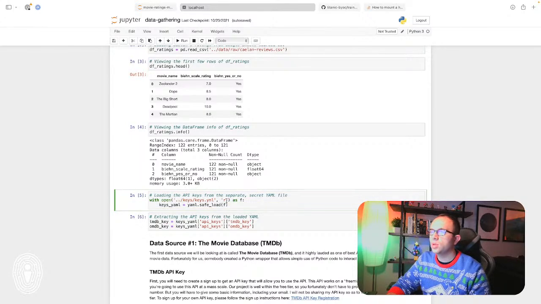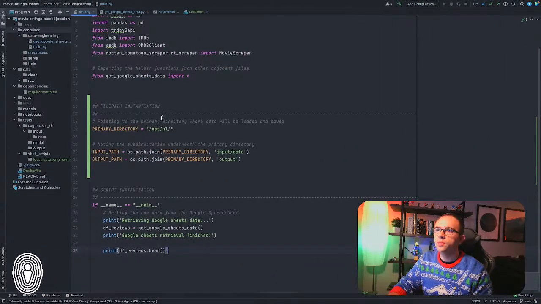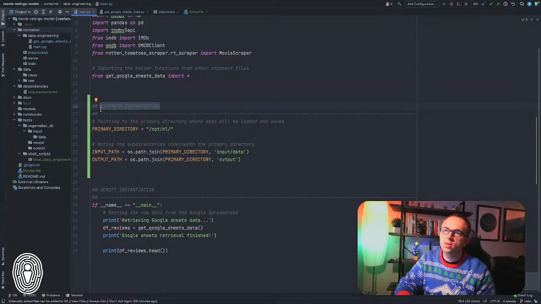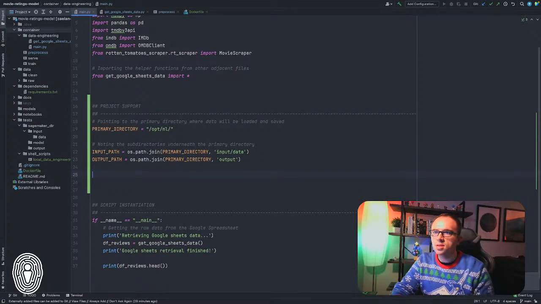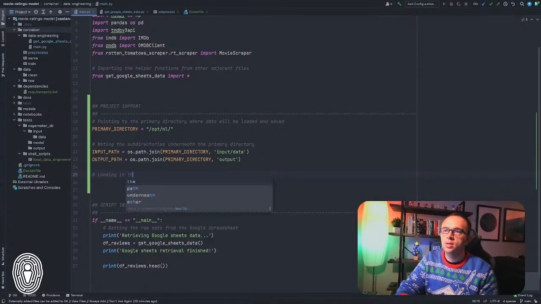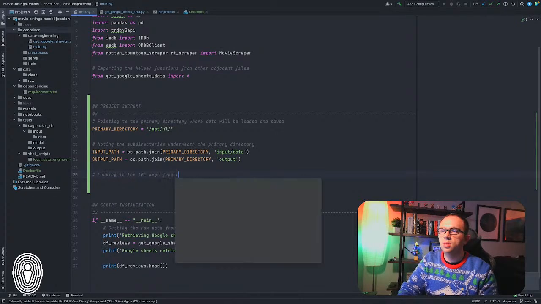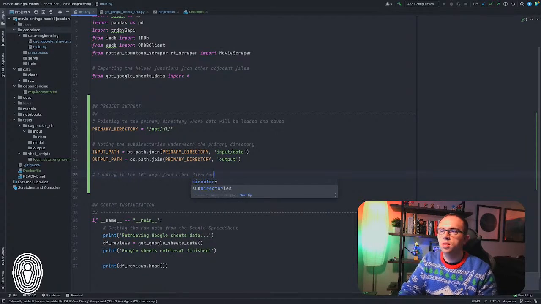All right. Where do I want to load in the keys from? Okay, I'm just going to do... So I don't like to call this file path instantiation. I like to call this project support. I'm going to call this project support. Why not? All right, so I'm going to load in the keys, loading in the API keys from other directory,